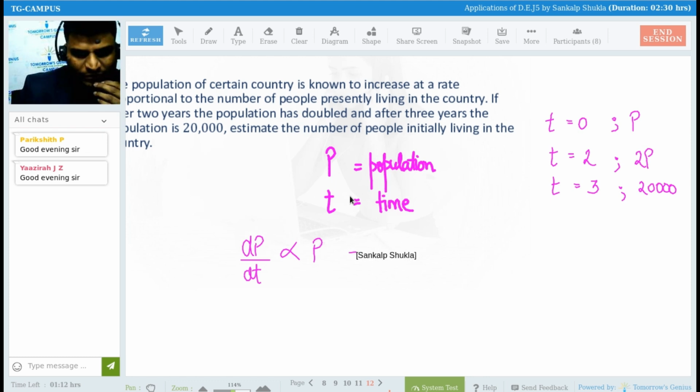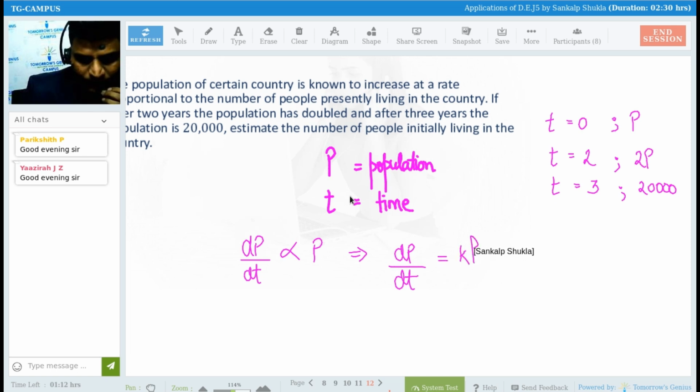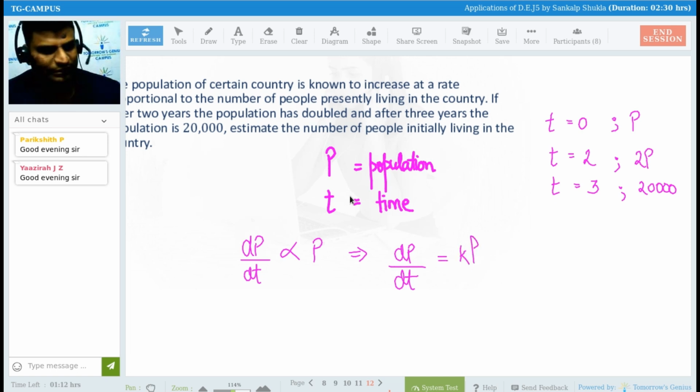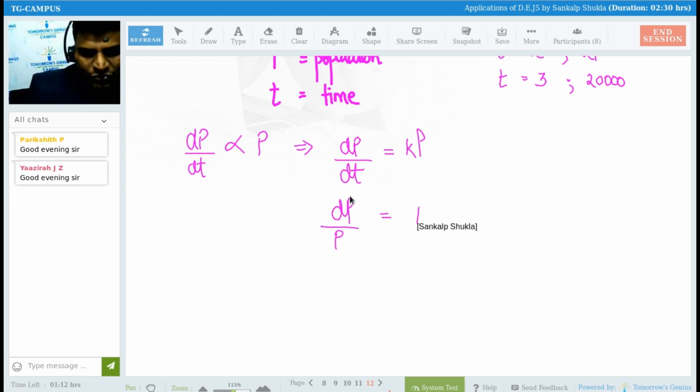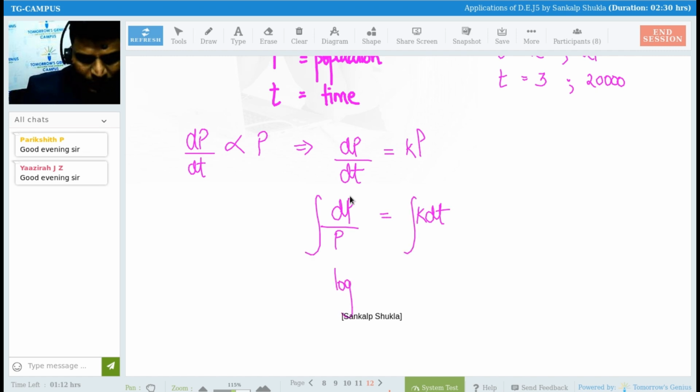So it is the same question. Like this will be dp by dt is equals to kp. Okay, because we will remove the directly proportional sign and we will introduce a constant. So this brings me to write dp by p is equals to k dt. Again the same integration. So log p is